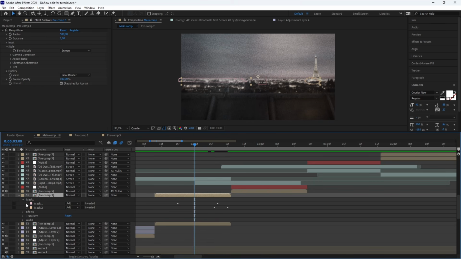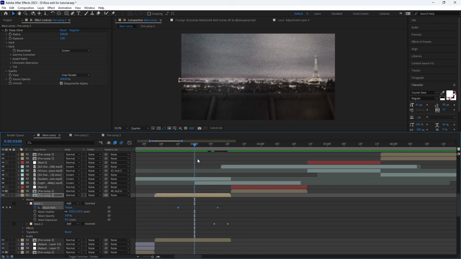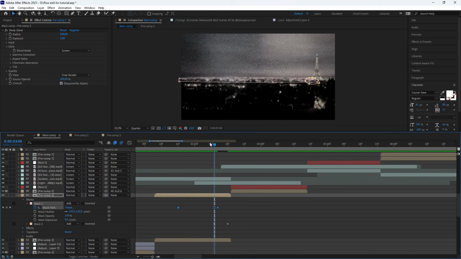There are two masks, but the first one is this one, and I animated the shape, so it starts there and comes until here, and I increased the mask feather, so the Deep Glow effect I added on it will not be too sharp and will be smooth.